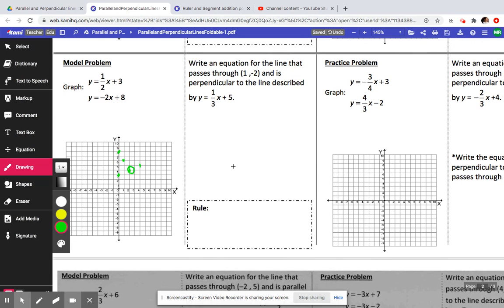Let's look at a question like this: write an equation for a line that passes through 1 and -2 and is perpendicular to the line described by y equals 1/3 x plus 5. I might run out of time, so just watch the next video if I do. Again, we can use our equation. If you're seeing what happened here, the difference between our slopes on perpendicular lines is that your bottom number becomes the top number and it becomes the opposite sign. So negative